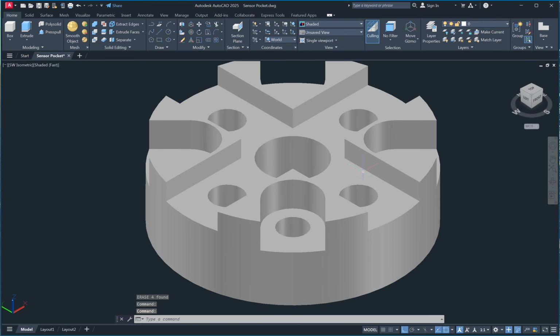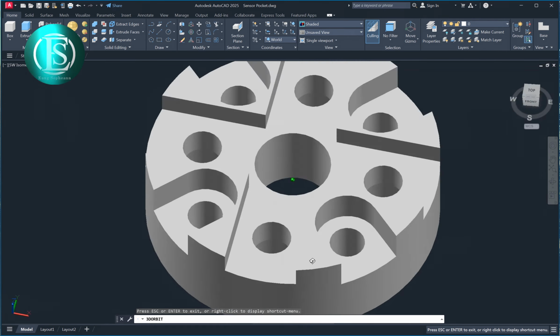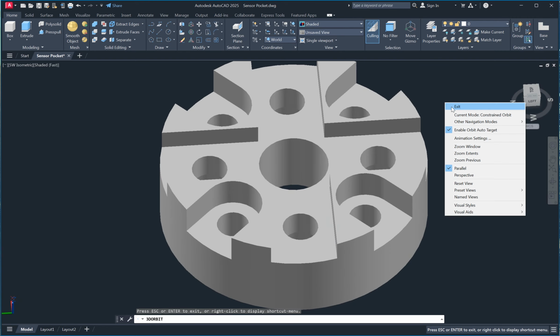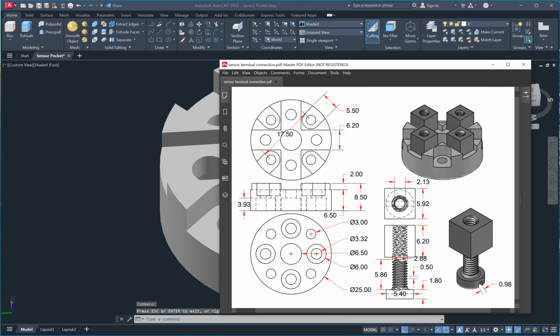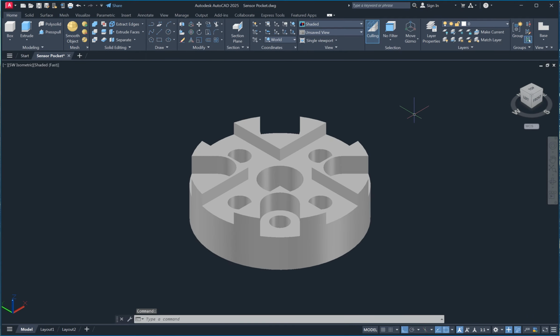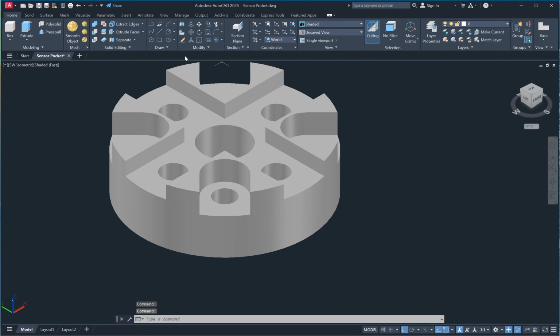Now the sensor connection terminal looks like this. So next we create a terminal connection for the wire. This one is 5.92 and 5.92. So we create one rectangle,